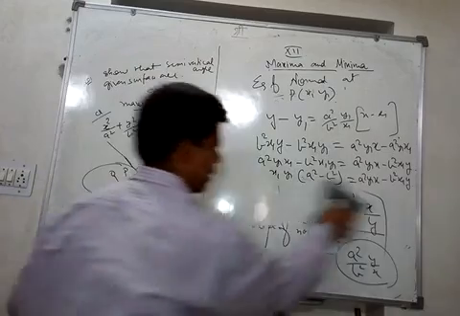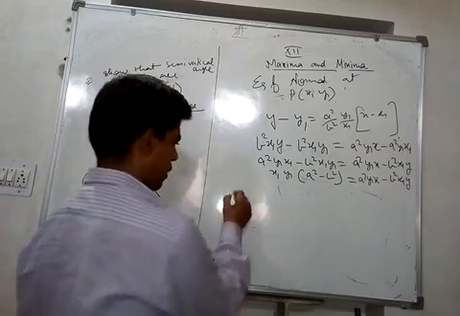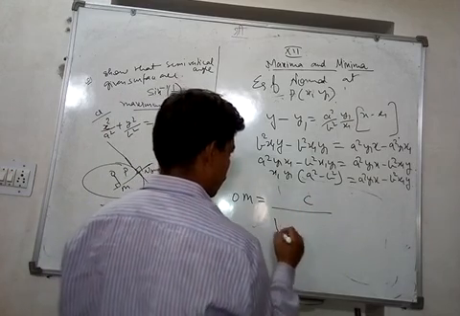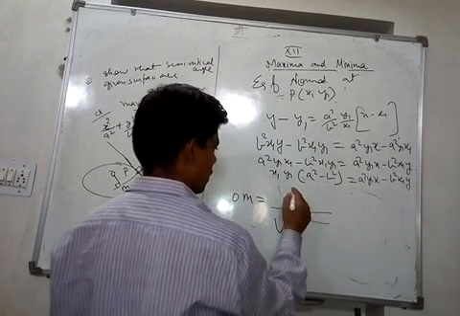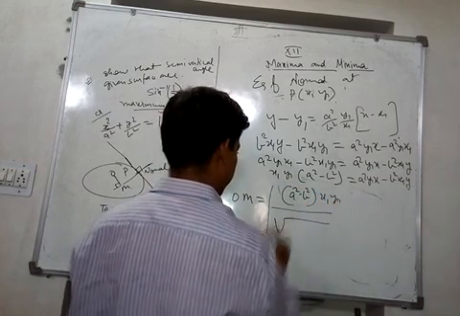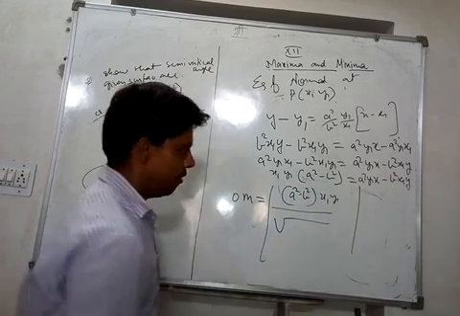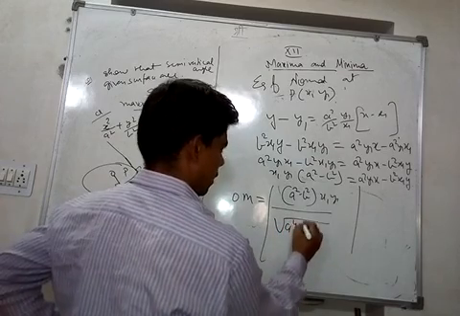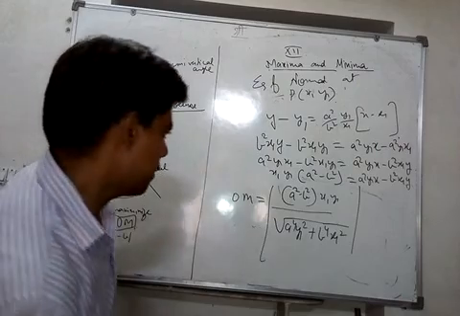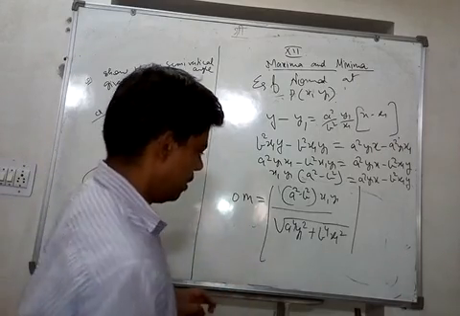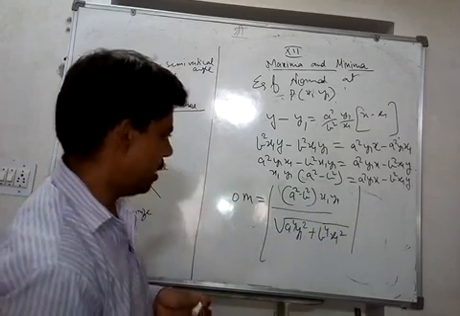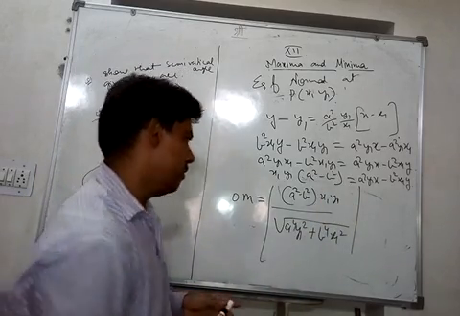Now the distance of this line from the origin, that is OM, is c upon root of this upon this, and c is a square minus b square x1 y1, okay, modulus, root of a to the power 4 y1 square plus b to the power 4 x1 square. This one. Now this we have to minimize, and at x1 y1. Okay. So at any point x1 y1 we have to minimize this.